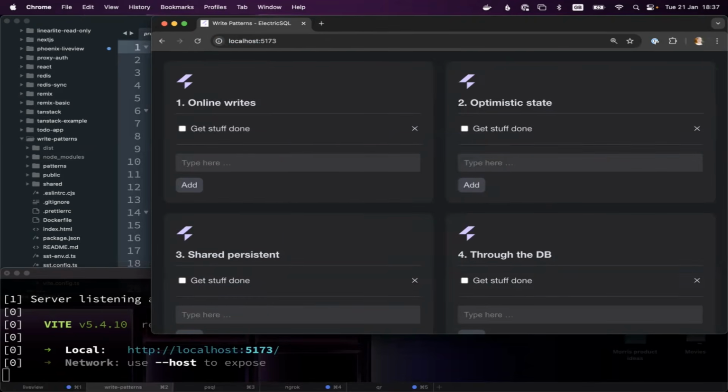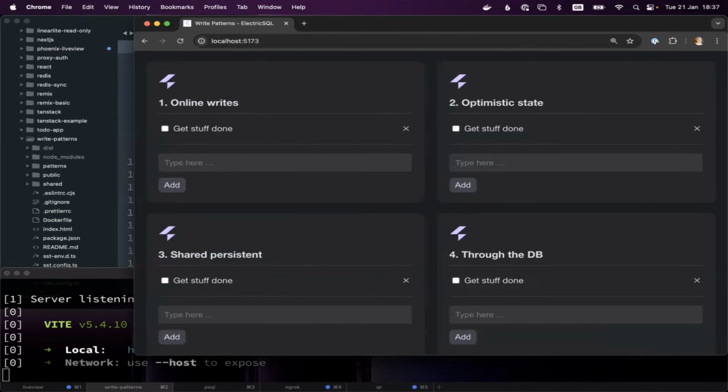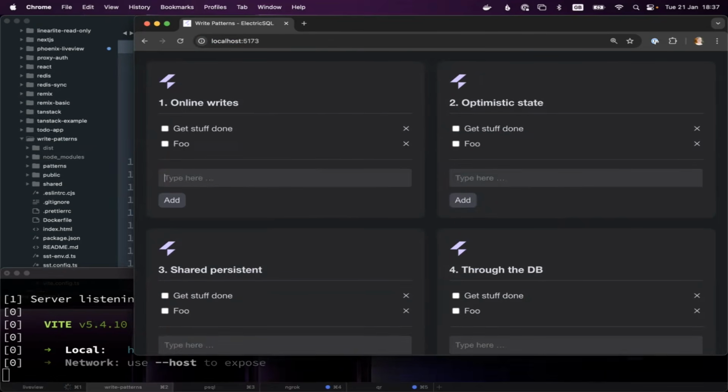And they all implement the same to-do list application, but they do so using progressively more complex write patterns. In all of these applications, it's using Electric to sync. So like we saw before, you add to one, it syncs into the others. This is all going through Postgres, obviously.